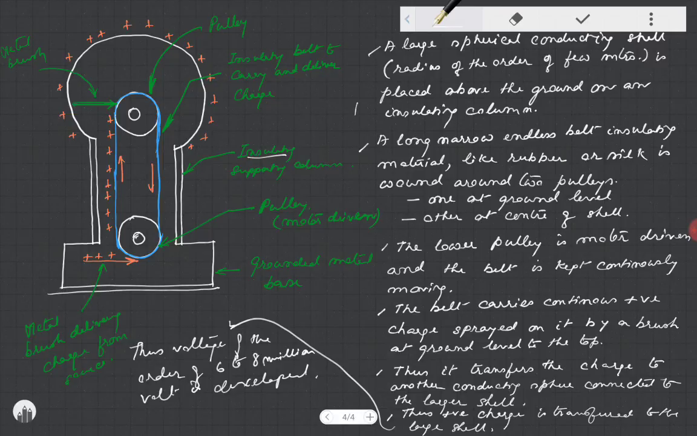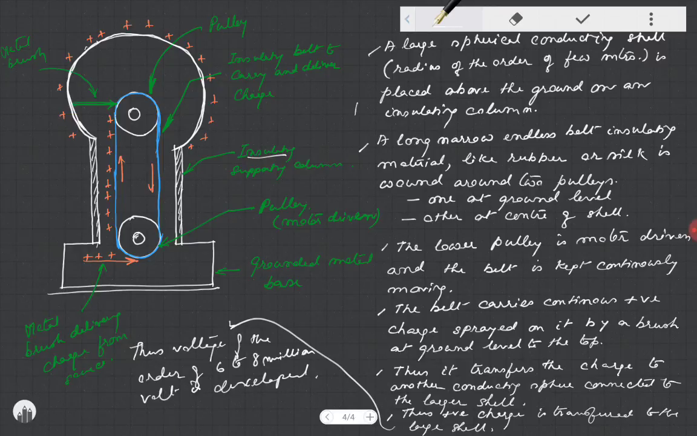So you can see this a large spherical conducting shell of radius of the order of a few meters is placed above the ground on an insulating column. These two are the insulating columns. This generator spherical shell is placed over them, and of course this conducting shell,